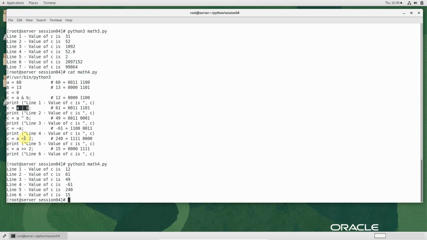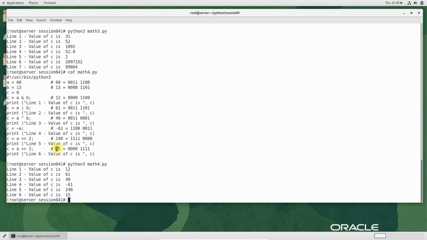So these are bitwise operators. This is left shift, this is right shift. That is shifting A to the right hand side by 2 digits. Like if I add 2 zeros here, those 2 zeros will go out, the number of digits will remain the same, but we are adding 2 zeros from here. So it will be 4, 4 times 1, and that will be the answer.